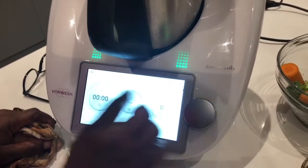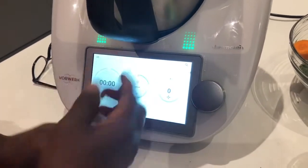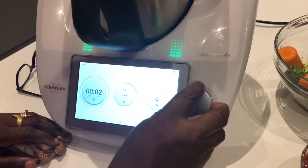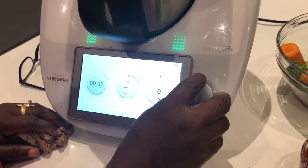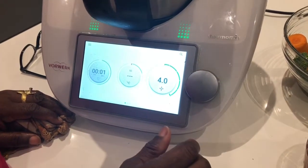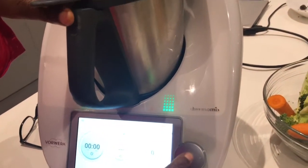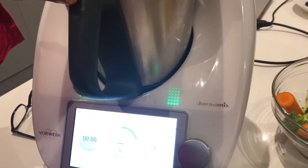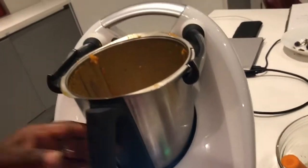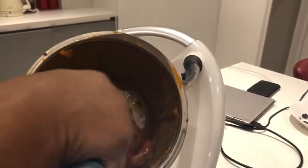So there, or sometimes you could use the turbo to do that, but because this is a soft one, you don't really need the turbo. So if you just put it on 2 again and just give it 4, speed 4, and that's it. That should do. Okay, that's just what we want. So there you can see it's all done. It's nicely chopped there,